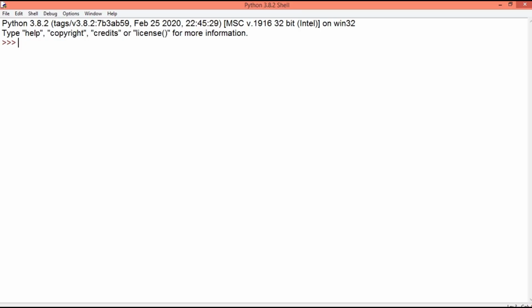AND is a binary operator because it will require two operands to perform the task. So here I have two relational expressions and I combine them using the AND operator. 5 less than equal to 7 becomes true and 2 equal to 0 gives me a false result. So true and false will result into a false value. In case of AND operator, if the first operand in an expression x and y is false, then it returns the first operand, otherwise it will always return the y value.